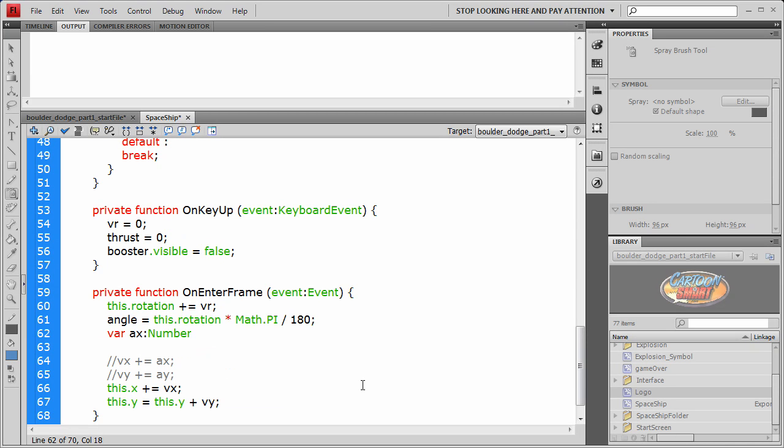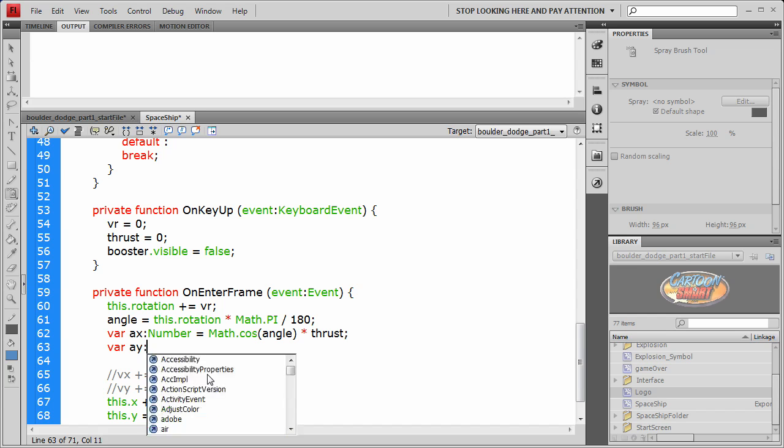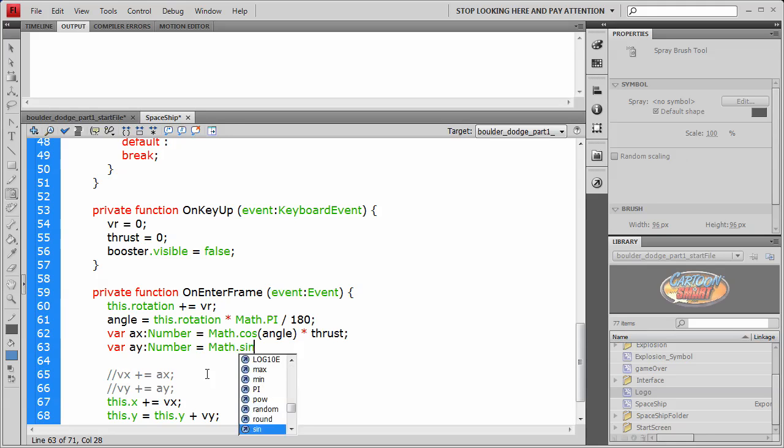It's the AX variable, which we've got over here. So hi again, acceleration, how are you doing? And type out Math.cos(angle), we need to pass in an angle, times thrust. Then we'll define the AY variable, a number equal to Math.sin(angle) times thrust. And if I go over here and uncomment these two lines,